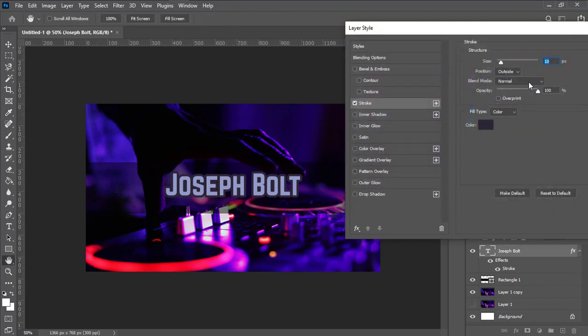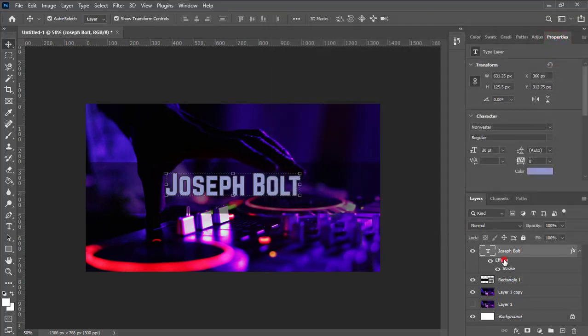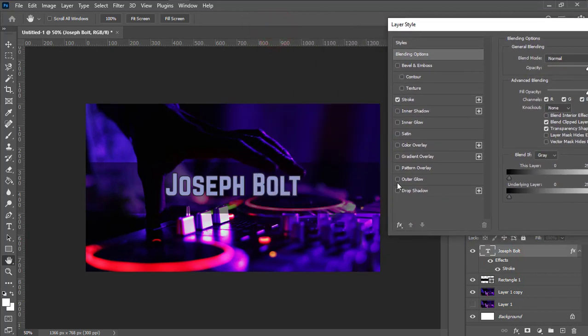I'm going to decrease the stroke size. Okay, number 4, and it should be outside. Okay, and again I'm going to effects and then outer glow,